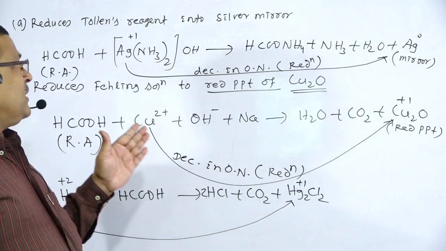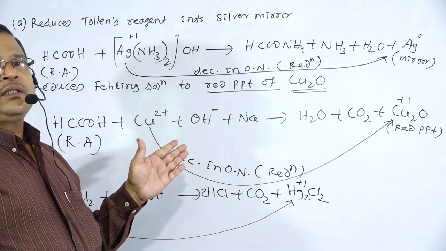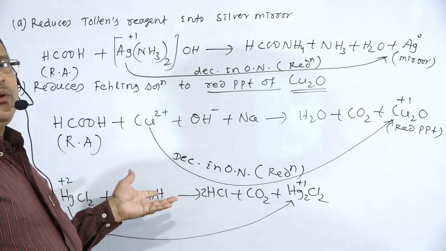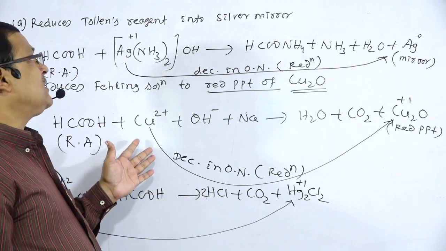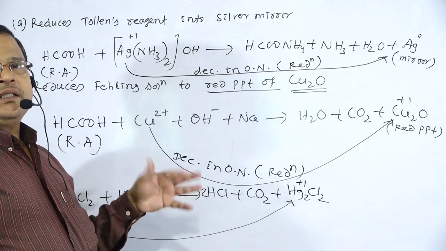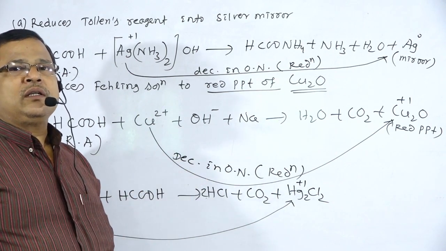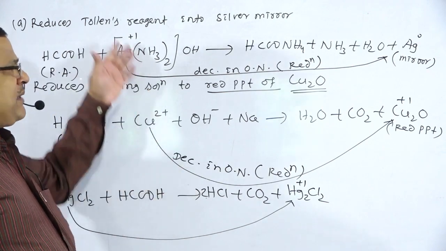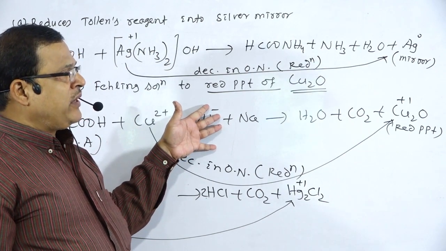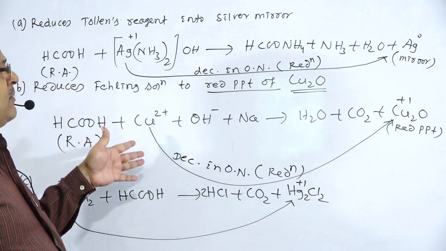other acid. Therefore, formic acid can be distinguished from any other acid by these reactions: reaction with Fehling's solution, reaction with Tollens' reagent, and reaction with mercuric chloride. So all these are special reactions. Or, if we take formic acid with sulfuric acid, or if formic acid is heated, it will form an unstable acid chloride. All these are other examples of special reactions, but these are the specific reactions that explain the distinction between formic acid and any other acids. So these are the very special reactions of formic acid.